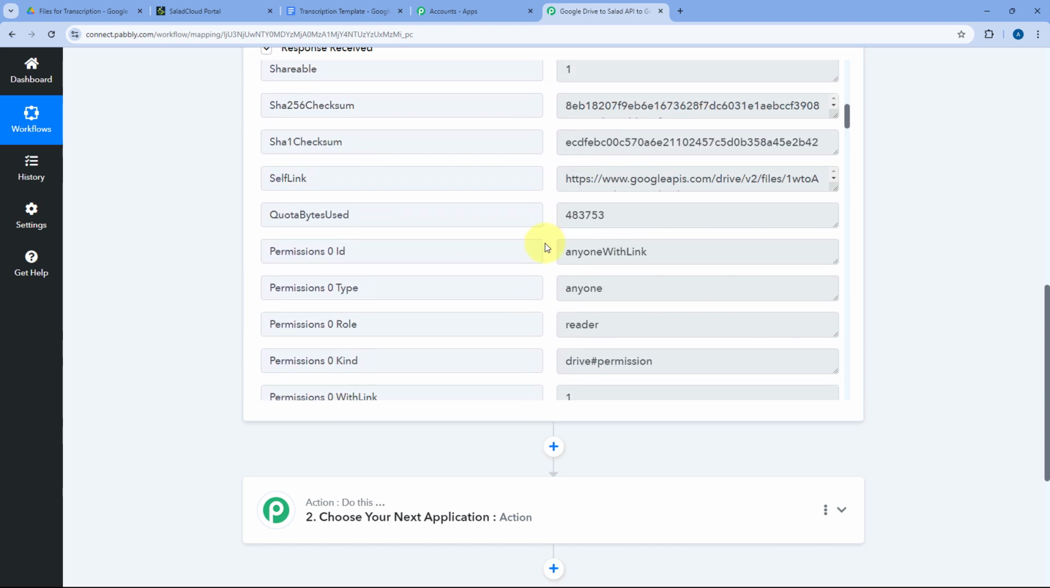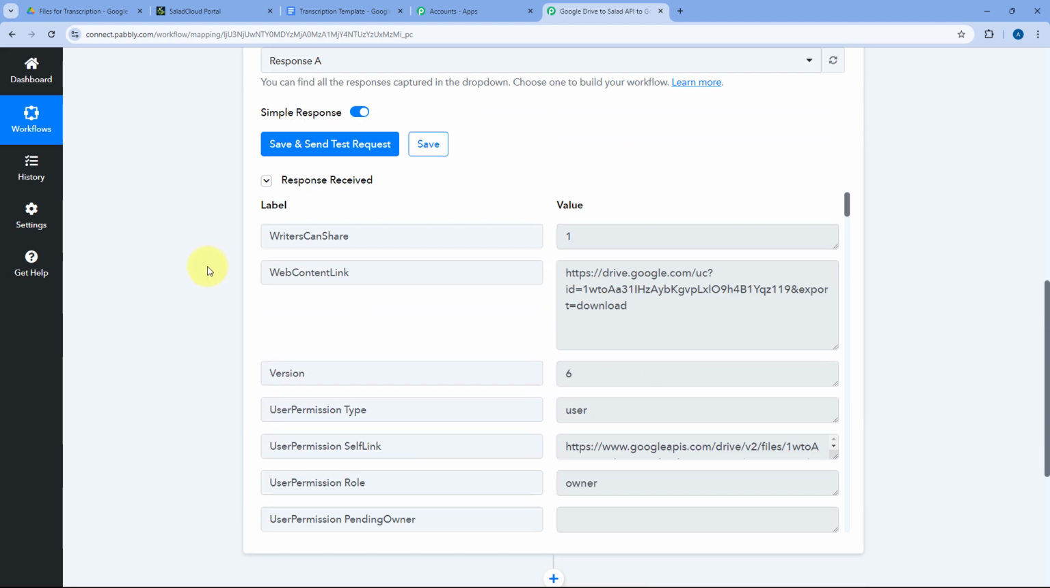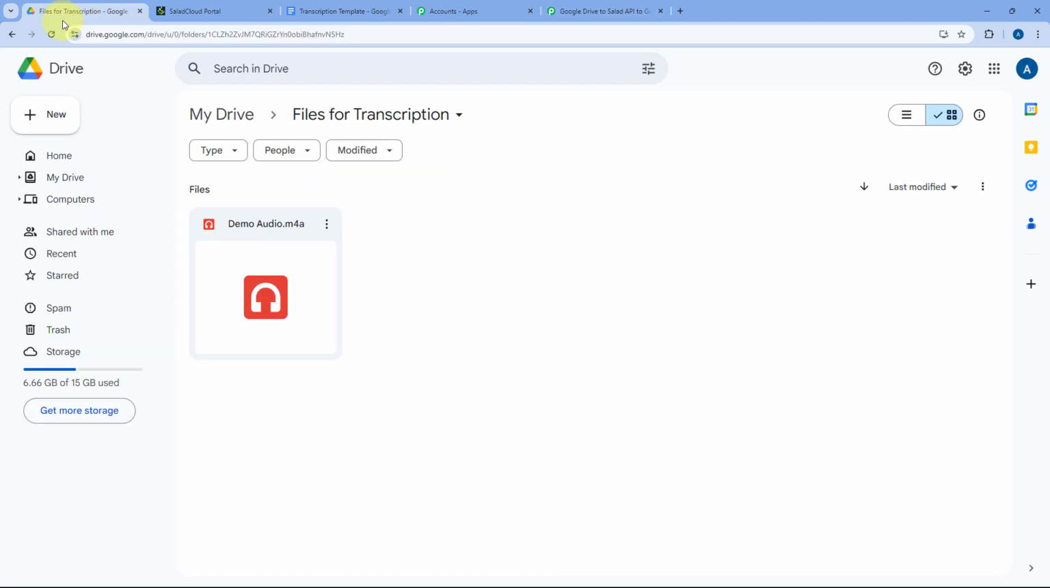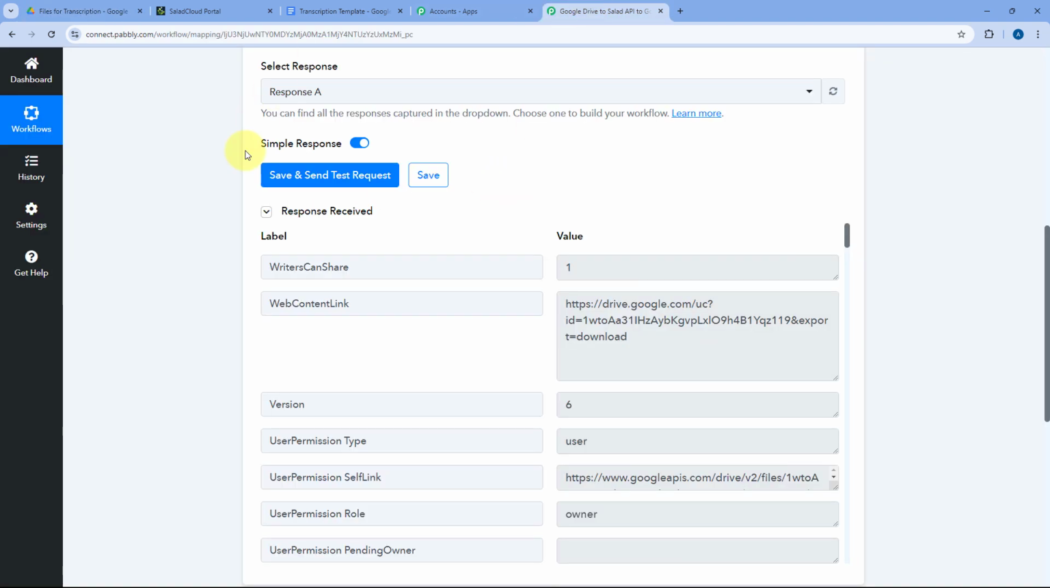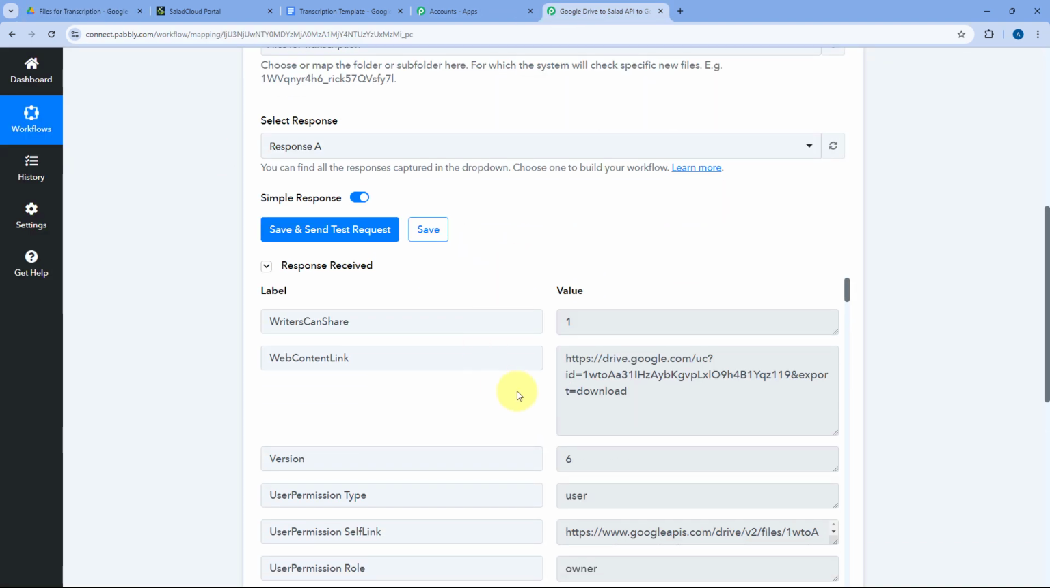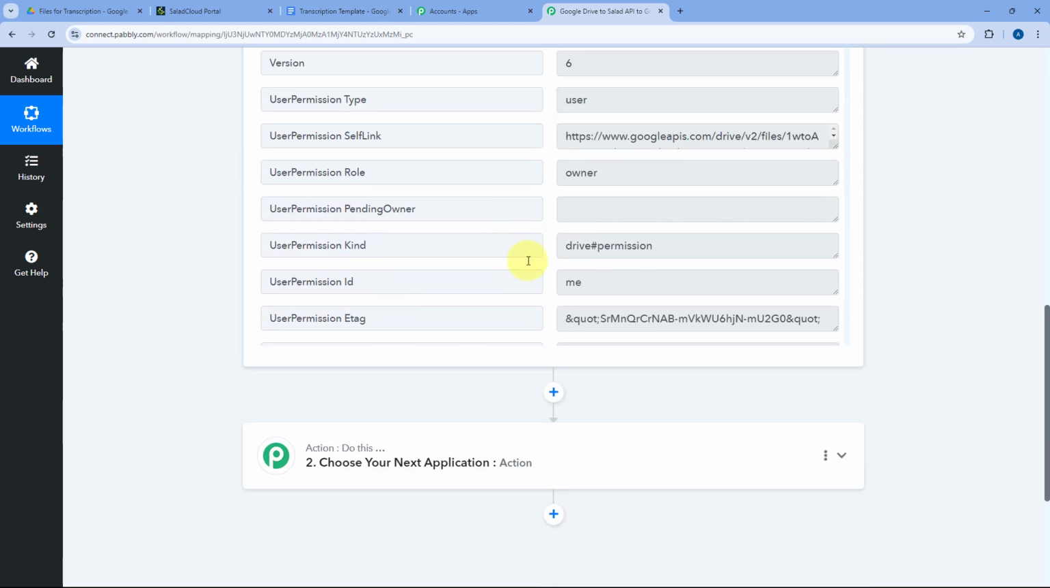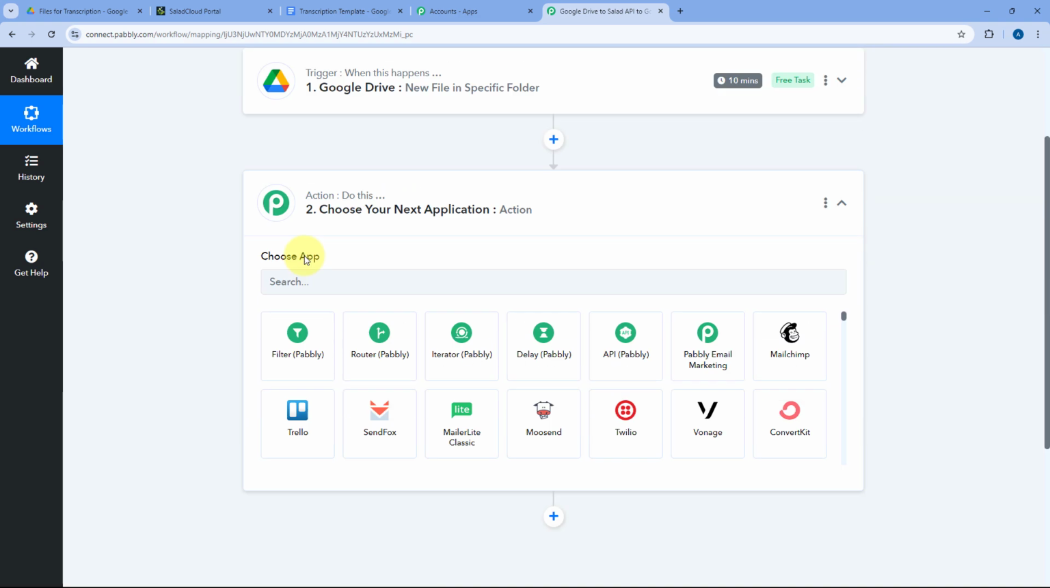Now after this what we want to do, we want to send this same file to Salad API. But right now the file which we have uploaded in Google Drive, the share permission of this file is private to only me. So what we have to do, using the same automation, first we have to change the share permission of this file as well. And for that we will scroll down, come to this action step, and here in choose app